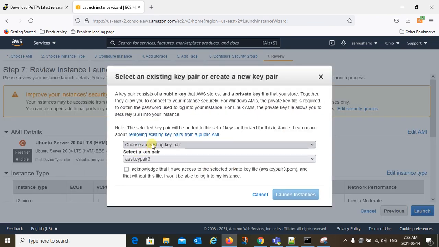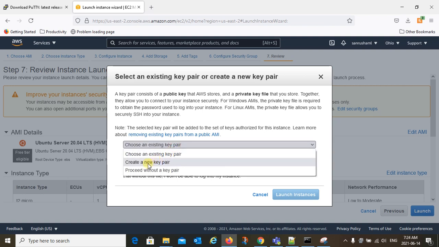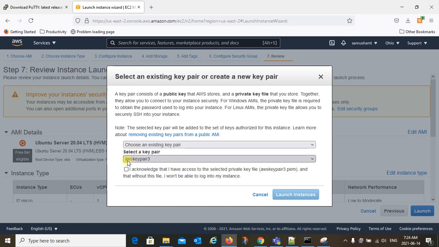Over here it will ask you whether you are going to choose an existing key pair or create a new one. Because we have already created a key pair, we are going to use that one. So select choose an existing key pair and select the key pair you just created.